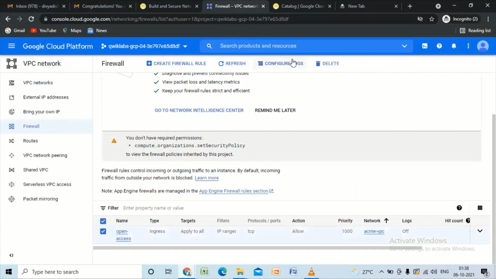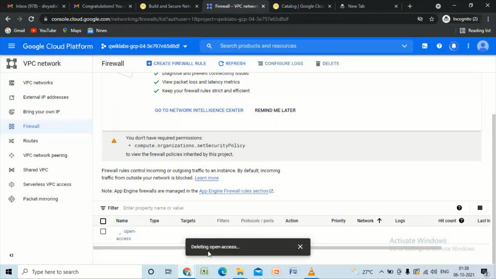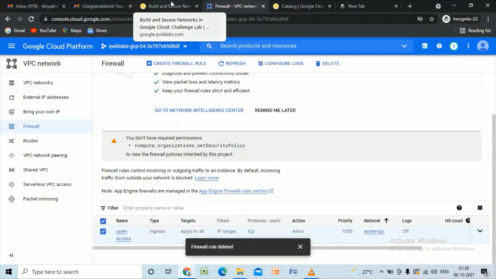Select this firewall and click on delete. Confirm this. And it's deleting the open access. It says firewall rule deleted. We can check our progress here.